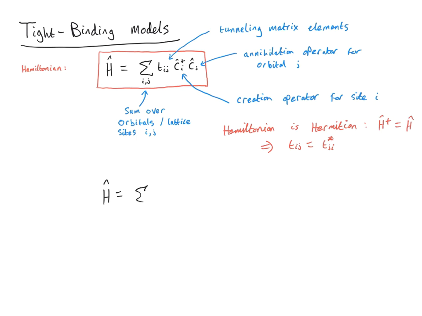in which we have a sum over sites I with some on-site energy epsilon I, and then we have a number operator for site I. So epsilon I here is a potential energy, if you like, for each orbital I, and the energy of the whole system depends on how many electrons are in each orbital. And of course here the number of electrons, because we're talking about fermions, can just be 0 or 1. So this term here corresponds to a potential energy term,